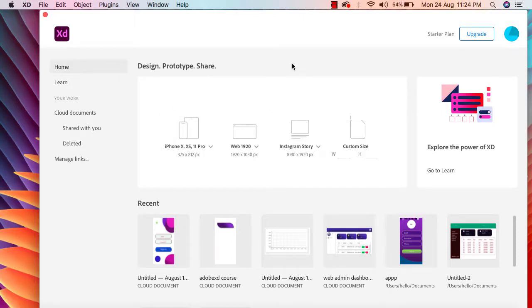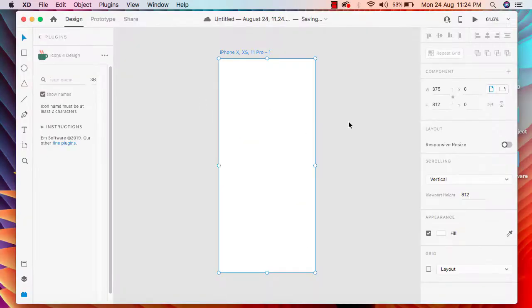For now, I'm going to open this iPhone X because we're going to design our mobile application UI first, then we will work on Wave and some other design stuff. So I'm going to select this iPhone, and once I select it, I will be able to see this UI, and this is the main dashboard, I would say, of our Adobe XD.